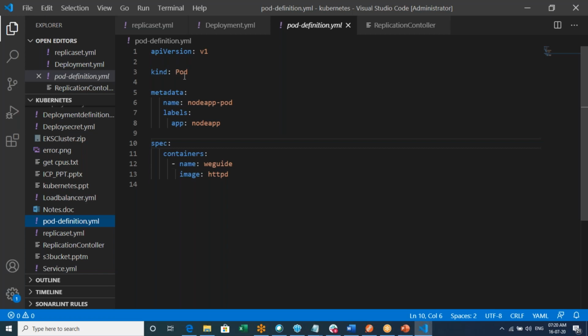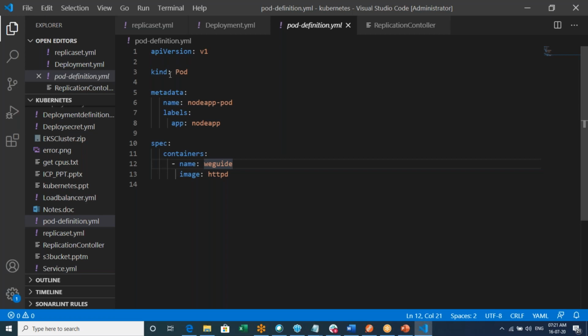But anyway, we need to understand why we need other items as well, like why we need replica sets. That we'll be learning later. As of now, let's try to understand the pod definition. API version: always remember there will be a version for the API.